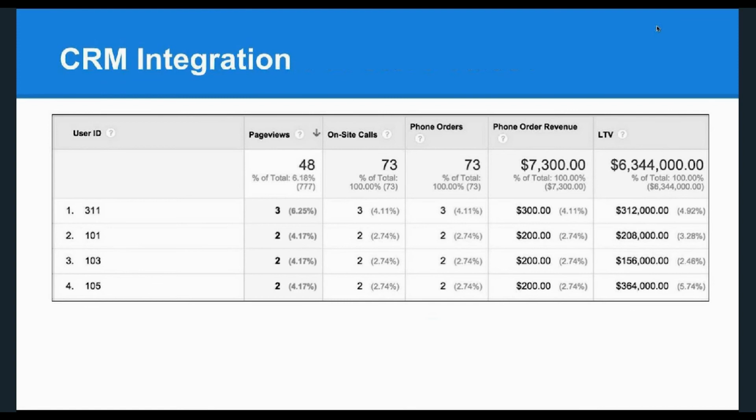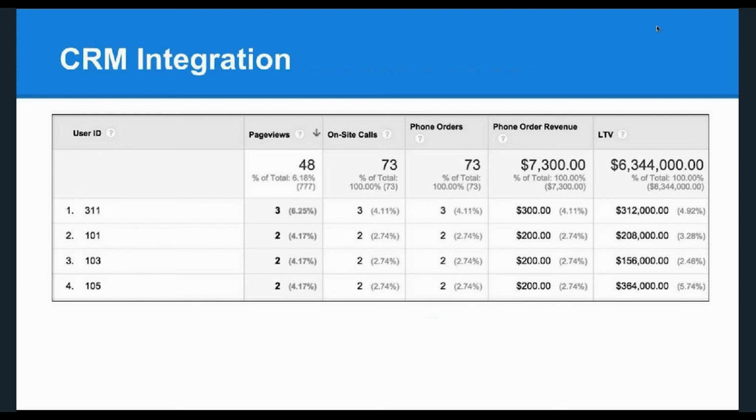So let's take this a step further. Well, what if inside our CRM system we have information about our users? And what we want to do in this case is be able to see, right, not just what marketing channels are bringing users to the website, but what do those users do? And not just all of our users, not just all of our customers, but those customers that maybe have the highest lifetime value, because we can make an argument that this is the type of audience that we want to go after. This is the type of audience that is really the most important to our organization because they spend a lot more money on our products and services.